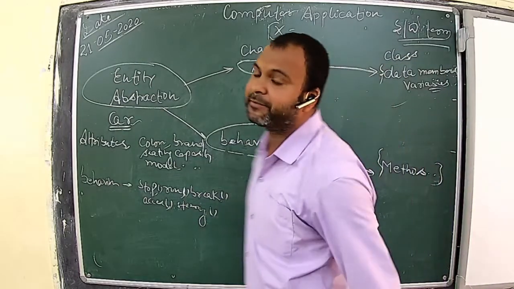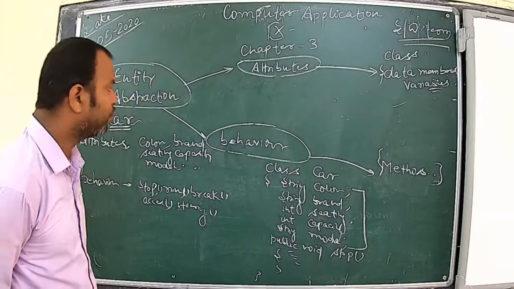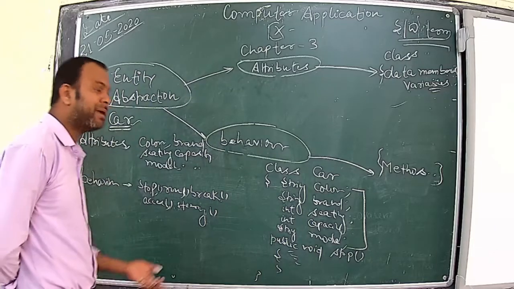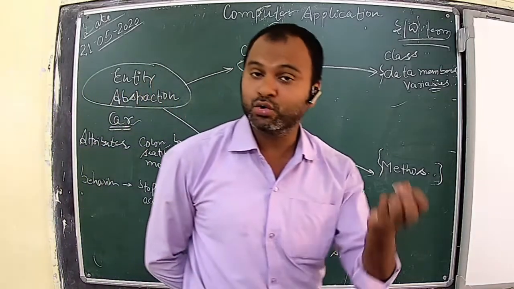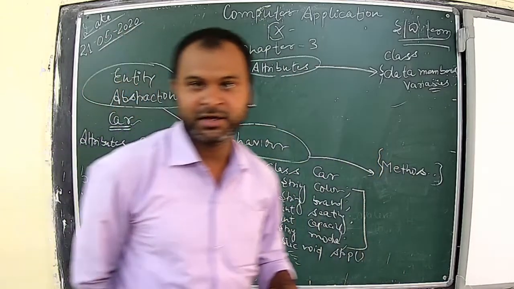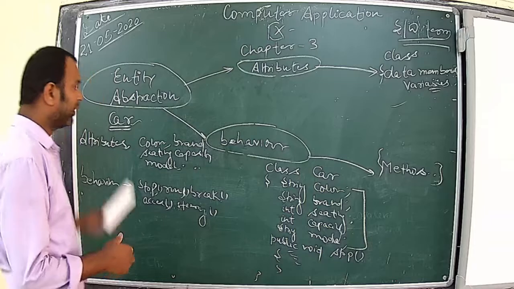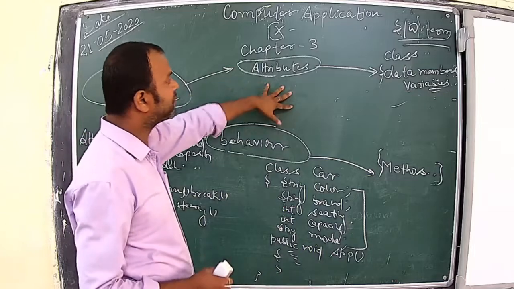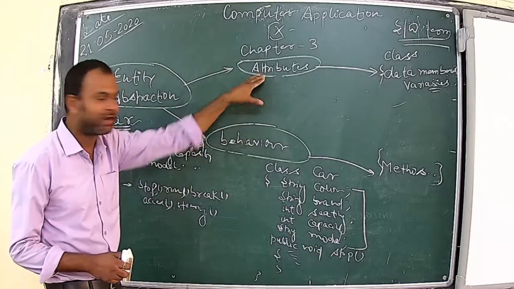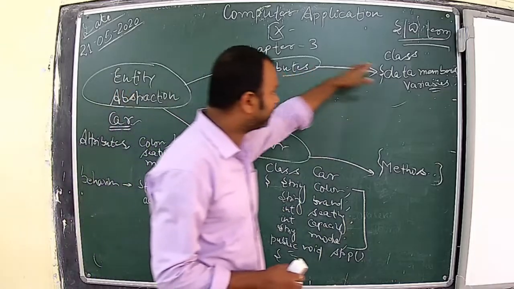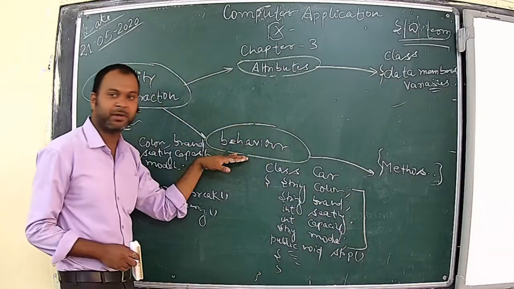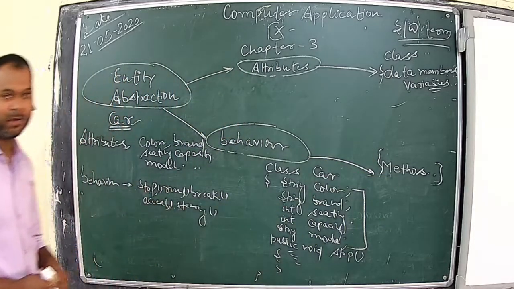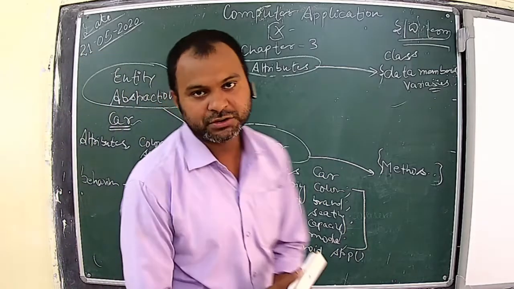Since we had already completed classes and objects very clearly, how the class encapsulates the different things and how the object is implemented, and I have told you how to create a class and how to create an object from an existing class using the new keyword. So here, this is how a real-world entity can be implemented in software terms by distributing two things, attributes and behavior. Attributes would be implemented through data members or variables, and behavior would be implemented through methods or functions. Clear? So this is how we can implement a real-world entity into software terms.